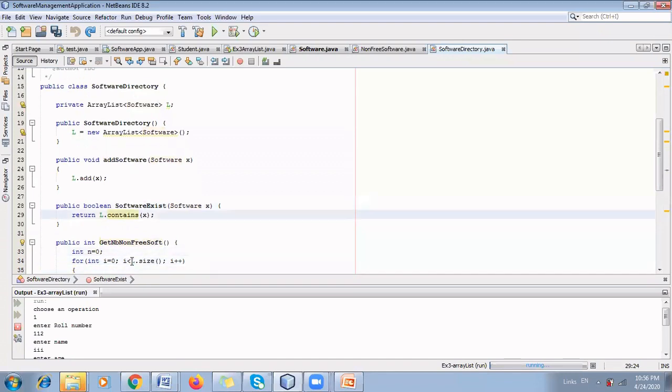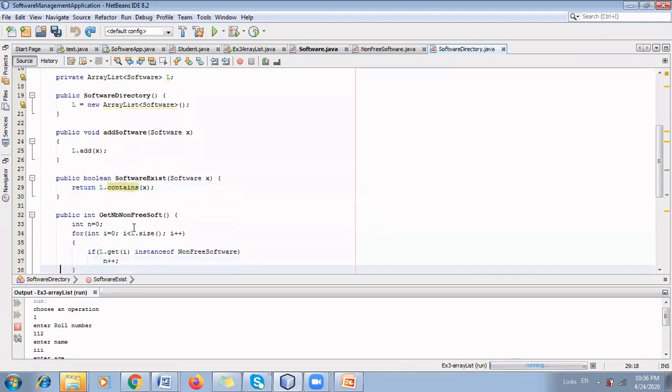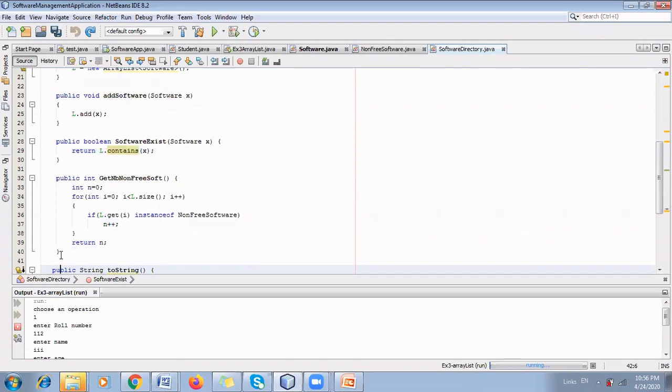So software exists. This simply will call the contains thanks to ArrayList. Now, can you see, is ArrayList useful? Can you see it's adding value? It will help you a lot. Like you don't need for loops. Otherwise, you will use a for loop going through your array if it is an array. But in this case, I don't need that. Simply, I will use contains. Now, this function, get number